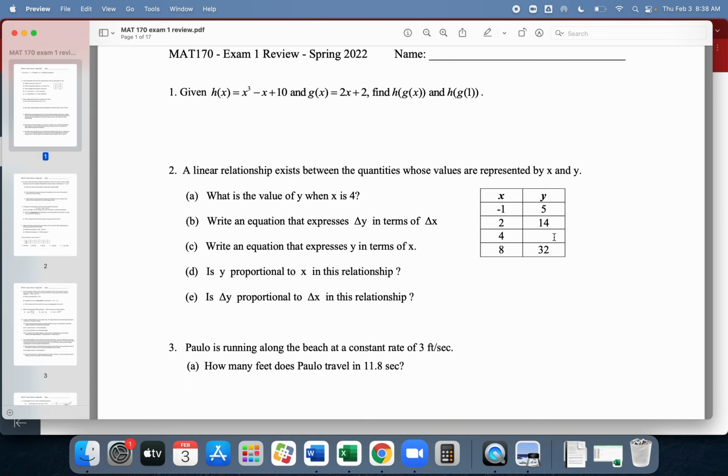And then writing an equation that relates x and y, the actual values of x and y. So this goes back to like the second week of class, and then I tried to do a quick recap of that when I came back the third week, talking about proportionality and constant rates of change. It says right here it's a linear relationship. Linear relationships indicate we've got a constant rate of change between two functions, or that their changes are always proportional. We talked about